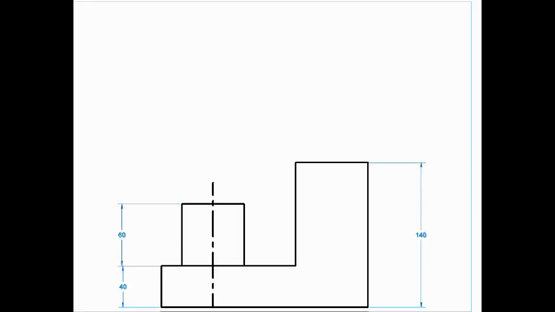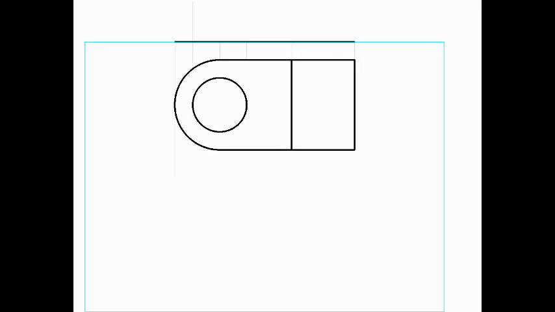In this front view you can see it is having this type of shape, a rectangle here, then another rectangle here, and one more vertical rectangle here. But in top view, if you see this thing, it is looking like this. It is a circle here. That means it must be a cylinder. This is a semicircular part. This is a block. And what are the heights of these things? That will be available in the front view.